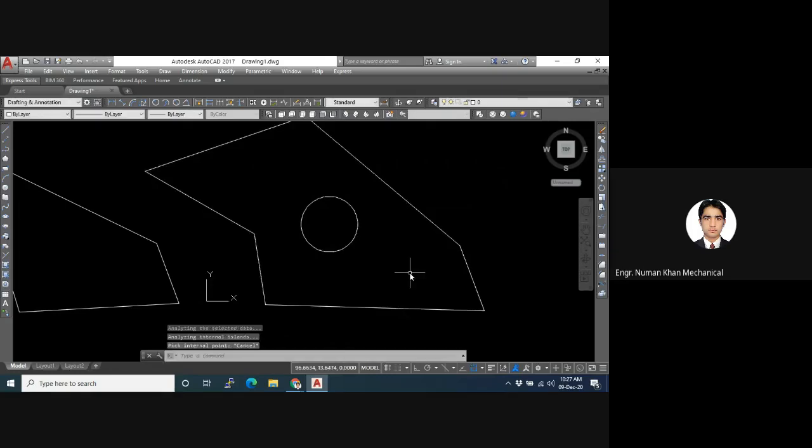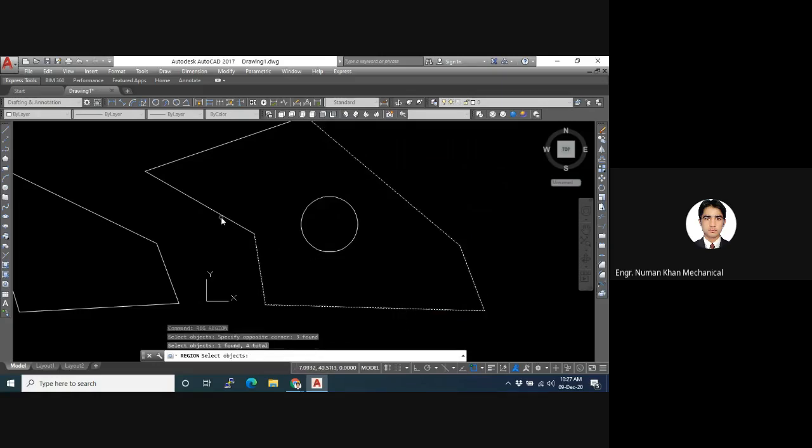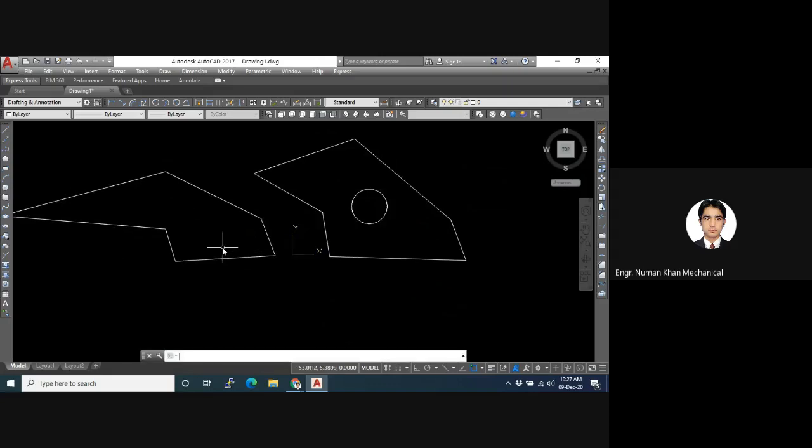But if I do this with the help of the region command, it will not be giving me any option. It will be selecting the objects. ठीक है, ये select करता हूँ, enter करता हूँ. It is not looking into the inner object. It is just looking to the boundaries of where उसको करता है, उसको एक closed region बनाता है. Let me do it in the क्या नाम है,